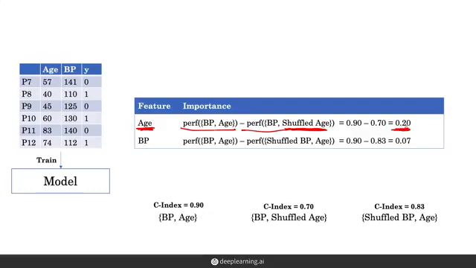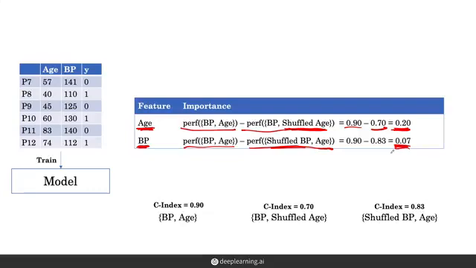And so here we can see that the drop in performance for age is 0.2, while the drop in performance for BP, where I'm taking the full model and subtracting out the performance of the model when we have the shuffled BP column, is much smaller, it's 0.07. So this allows us to say that age is more important than blood pressure.